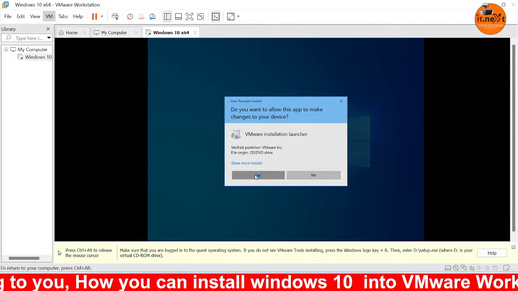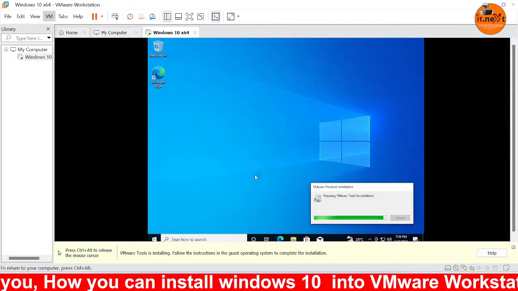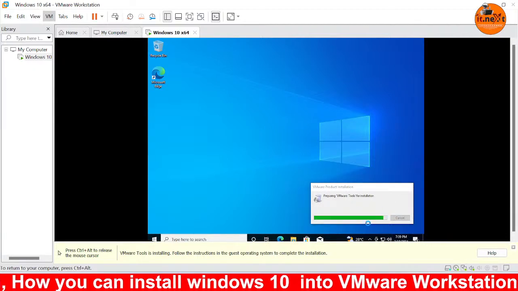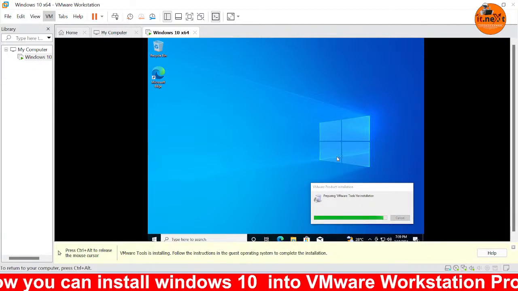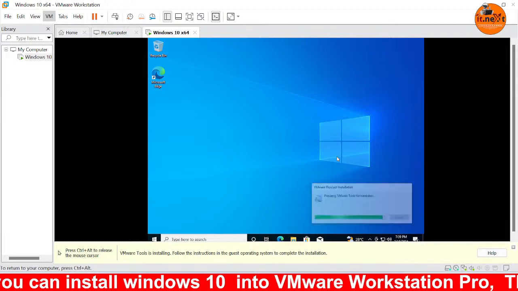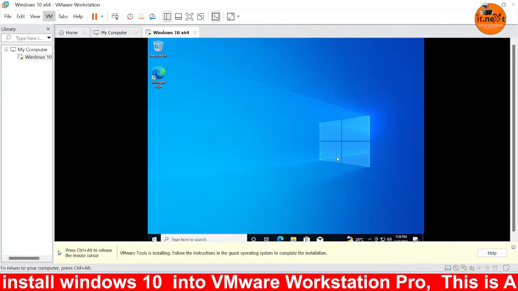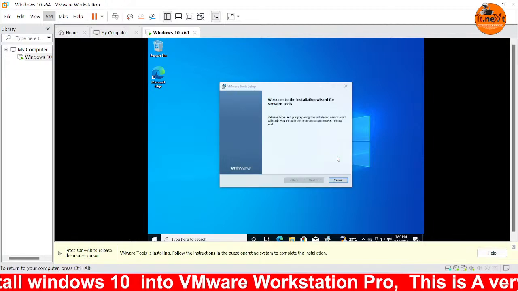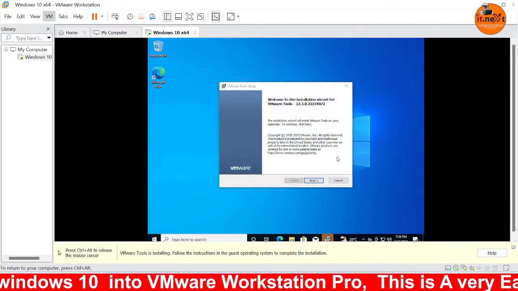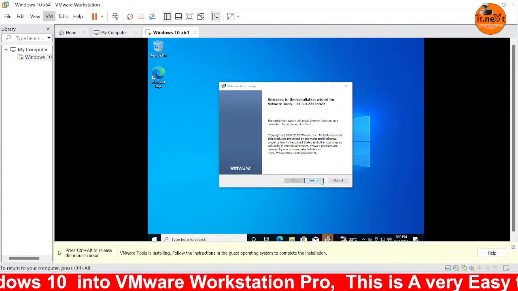Here click on yes. The setup will start installing on its own. I would like to make the screen very big, so I'm showing you how you can install the operating system on the machine. Now when you're on this page, just click on next,